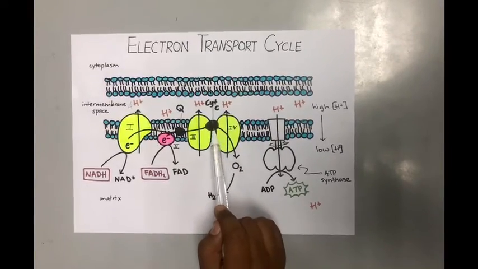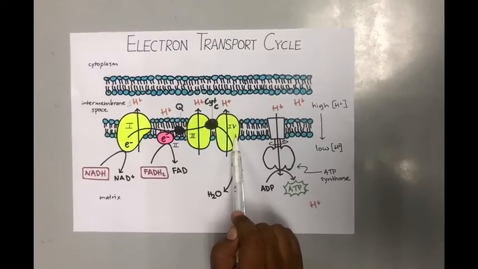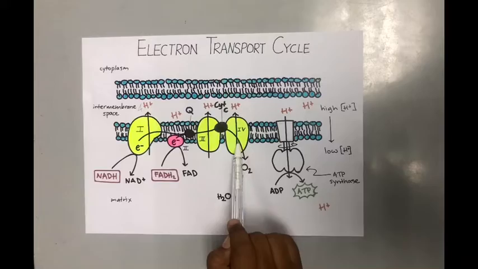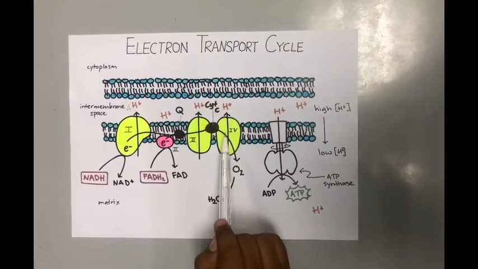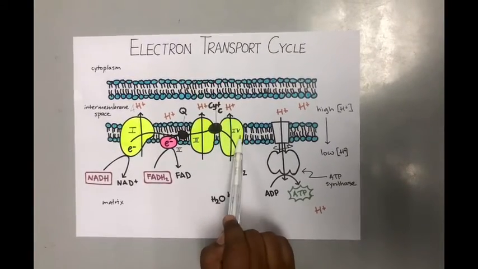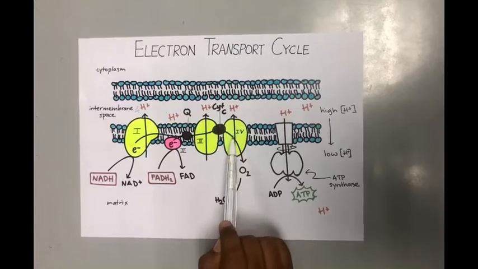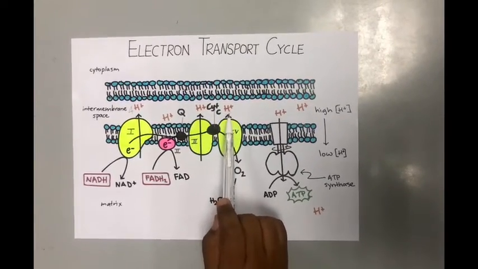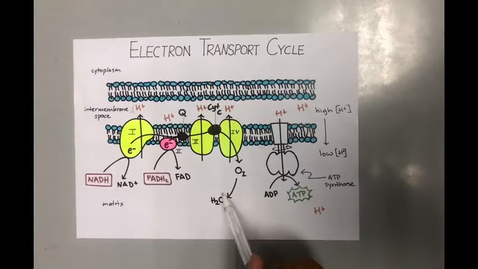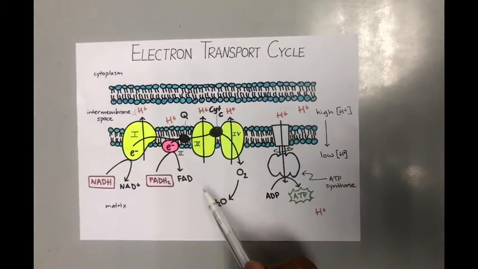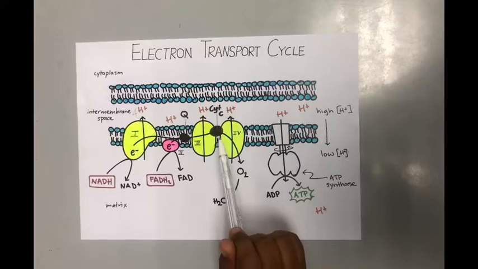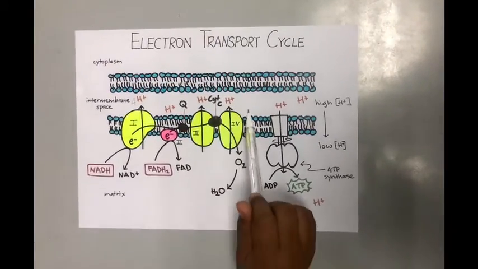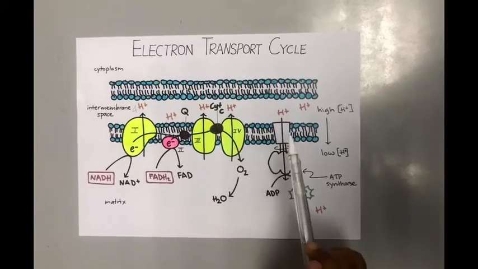The cytochromes then extend to complex 4 or cytochrome C oxidase. Electrons are transferred one at a time into the complex from cytochrome C. The electrons, in addition to hydrogen and oxygen, then react to form water in an irreversible reaction. This is the last complex that translocates 4 protons across the membrane to create the proton gradient that develops ATP at the